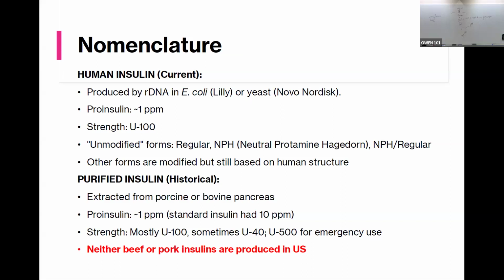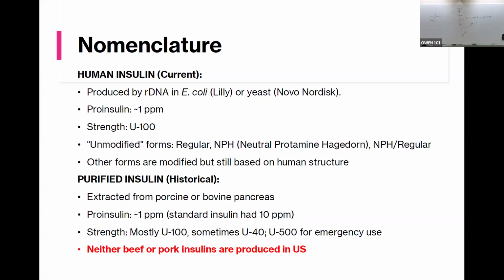Sometimes you see on the internet, people say, oh, this insulin is made from humans because it's written human insulins, right? That's not true. Well, it's from human genes, but it's put into a plasmid and expressed in E. coli or yeast, all right? So, and then